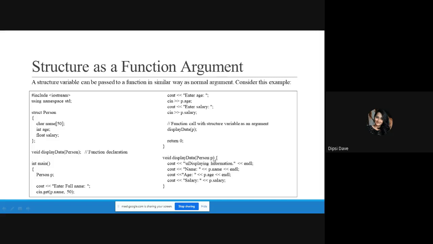Now if instead of p you provide variable x, then over here you need to use x dot name, x dot age, and x dot salary, which is very normal, right? Then after execution, the control will return to main, and after that there are no statements, so the program will end.